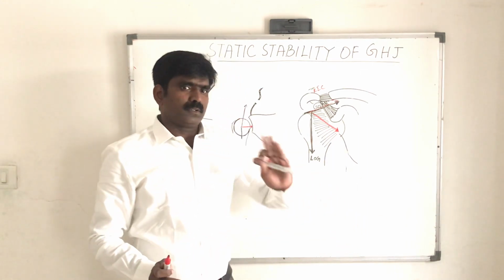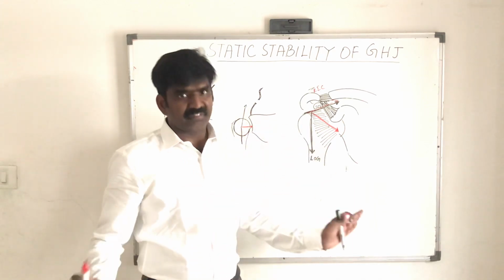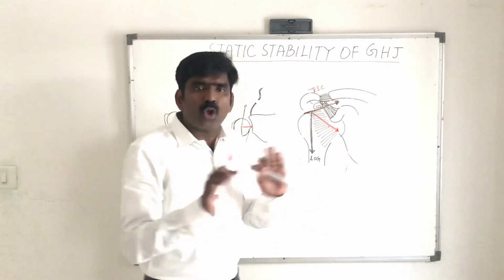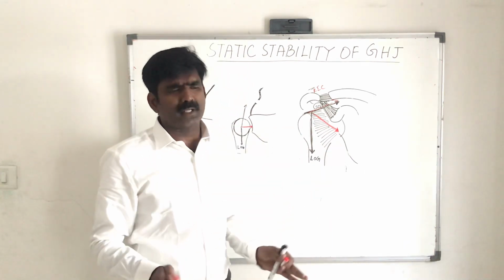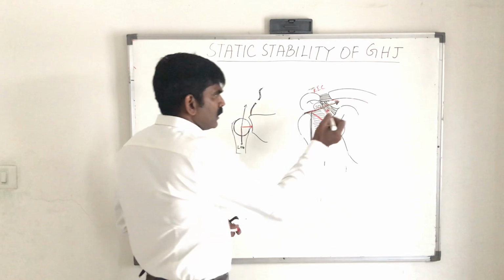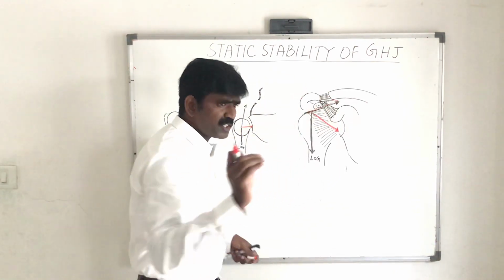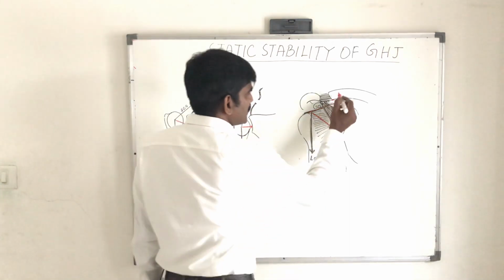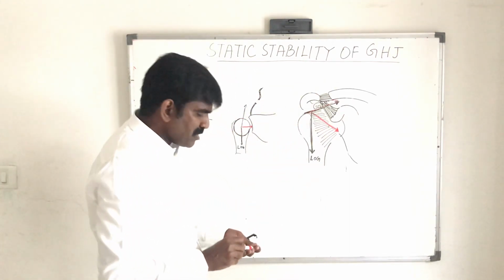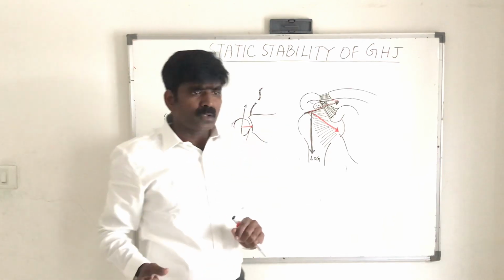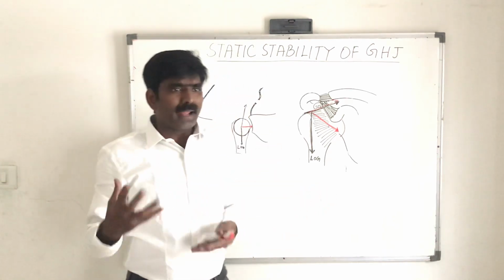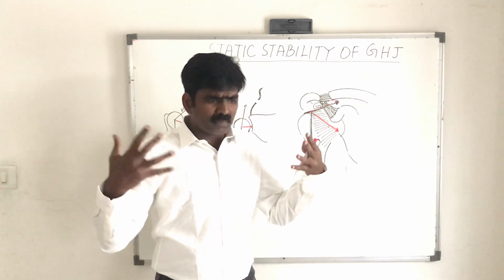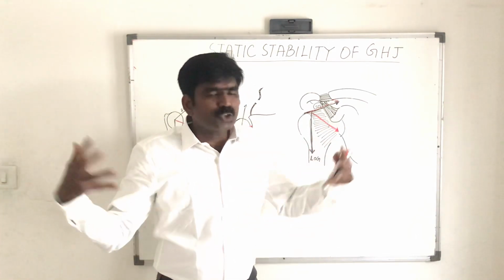Unloaded arm, the tension in the RIC is enough. In loaded arm, the tension in the RIC is not enough to maintain the static stability. So now what happens? The tension in the muscle is required to maintain the static stability. So what is the muscle? We may think that the muscle in the shoulder joint does not directly attach to the humerus. Clear? The muscle blends with the joint capsule.